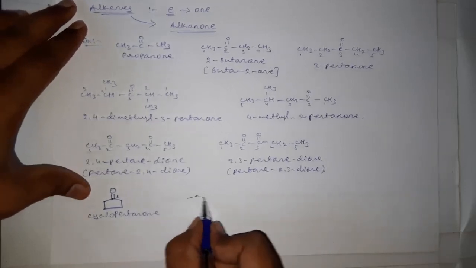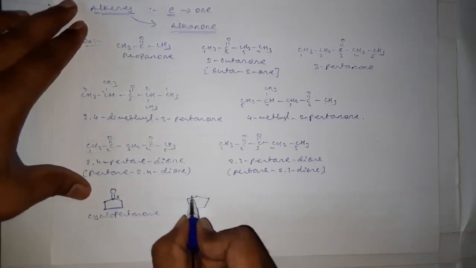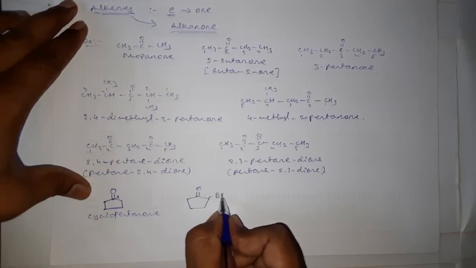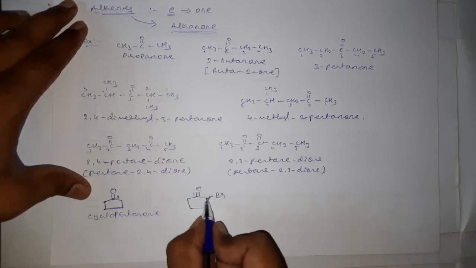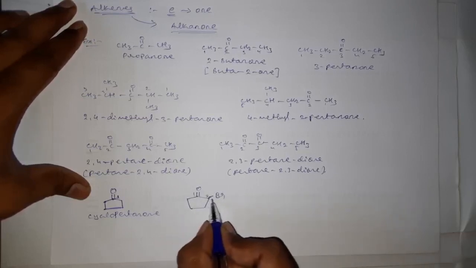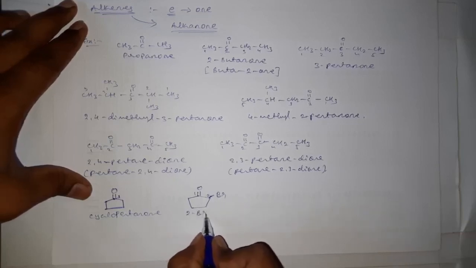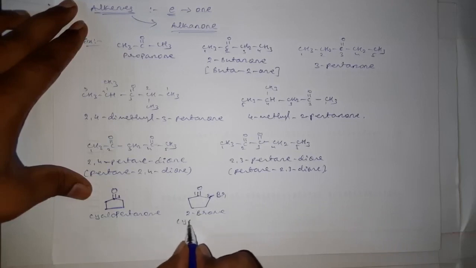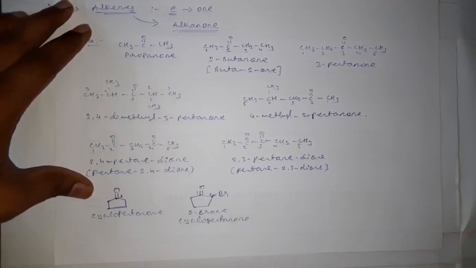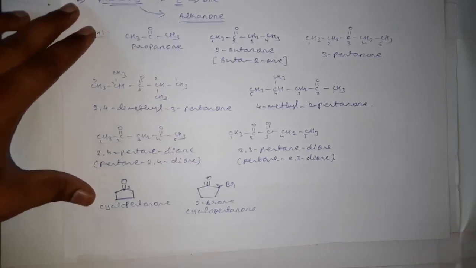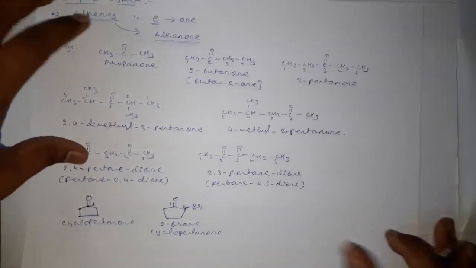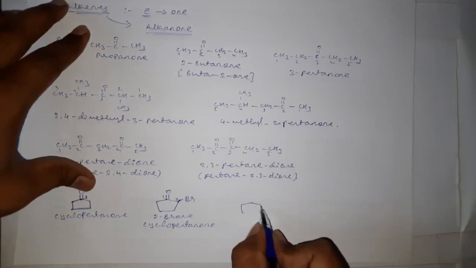Okay, and this one is 1, 2. On second position, 1 bromine substituent is there. Therefore, it is 2-bromo cyclopentanone. 2-bromo cyclopentanone. Okay, and for aromatic ketones, means the ketones of this type,